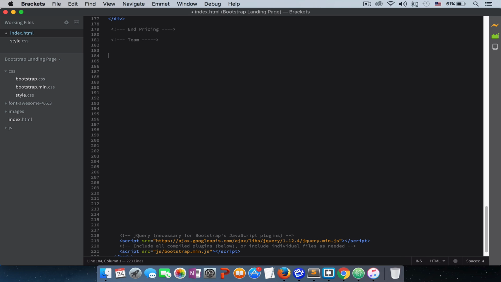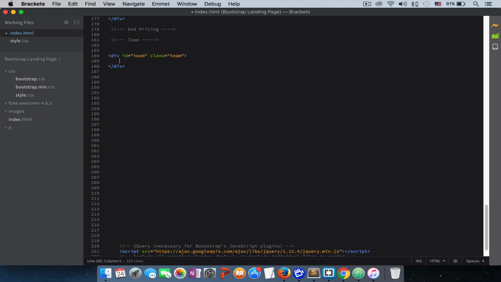For the team section, we give it a div with ID of team and class of team. Inside that, a div with class of container, and inside our container, a div with class of row,